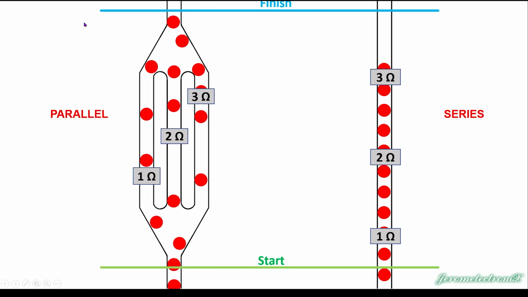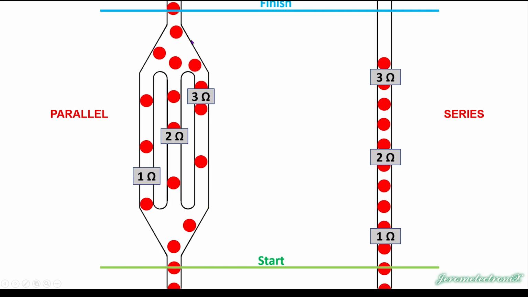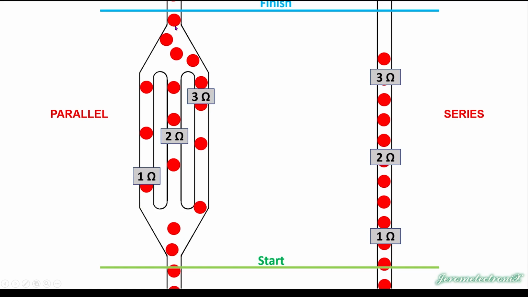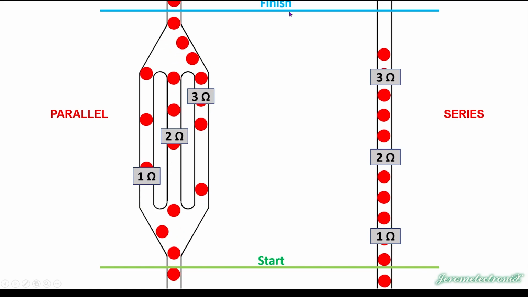But it was passed up by this coulomb of electrons that went through this branch. Maybe they could just be called electrons, I guess. It's probably a more accurate description. But just because one went past the finish line doesn't mean this one that we had our eye on first has gone through the finish line yet. But it did pass through the finish line before this one did, because this one was slowed down 3 times. And this one was slowed down by a 2 ohm resistor. No matter which path, it wouldn't have been slowed down as much as these